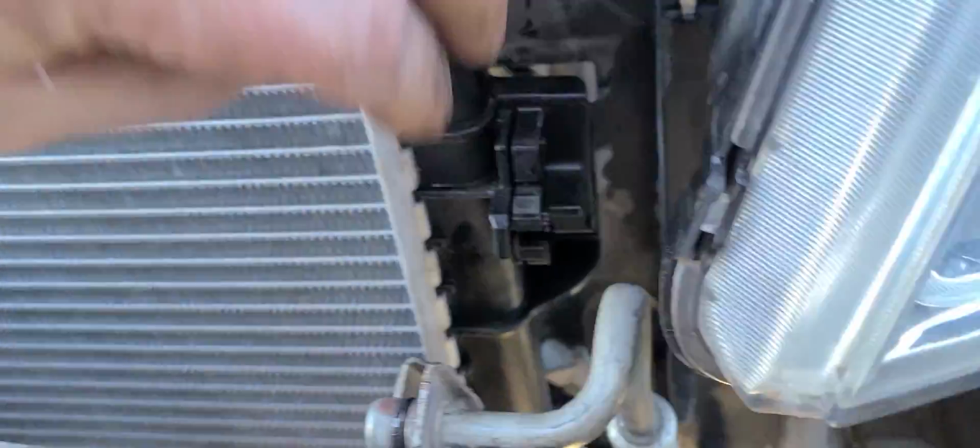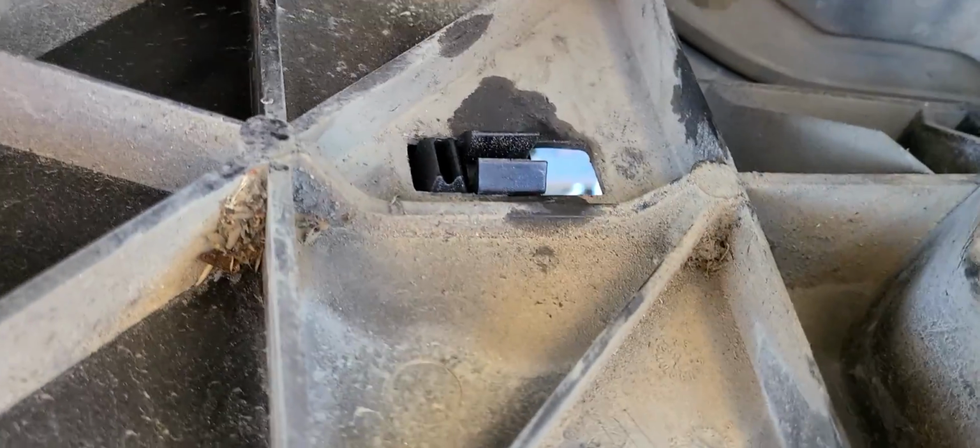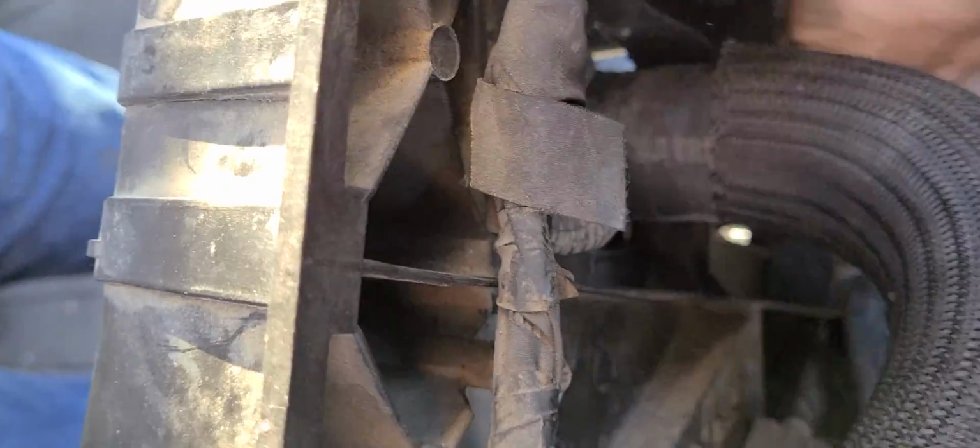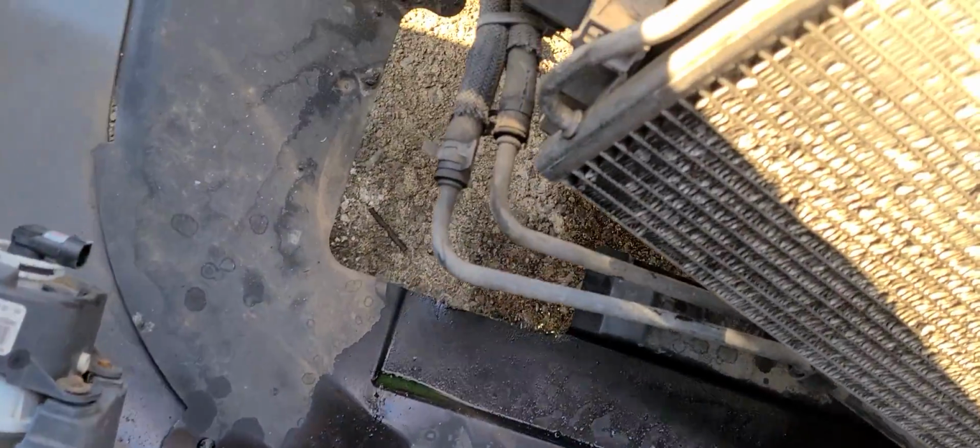Okay. Let's see. Yep. There we are. We got that in. I thought it would snap for me, but it won't. But that's okay. There we go. That one snapped. Can we see this one back here? Maybe not. It's a little harder to see. It's right underneath the radiator hose. Okay. It did not snap. Unfortunately,